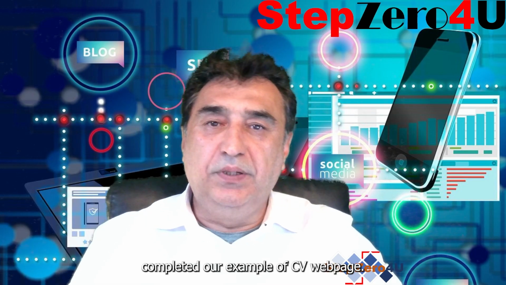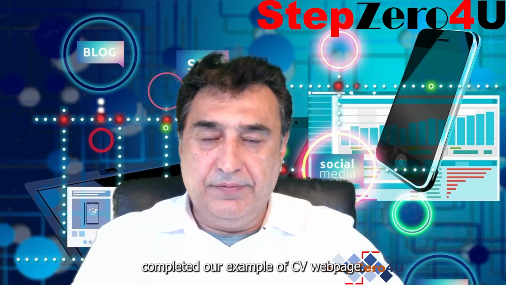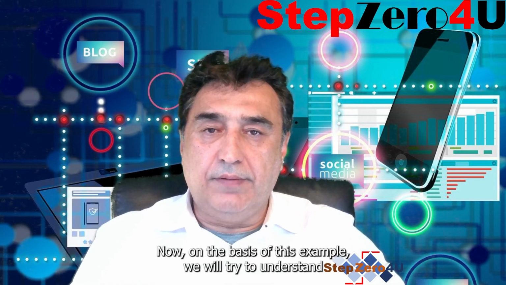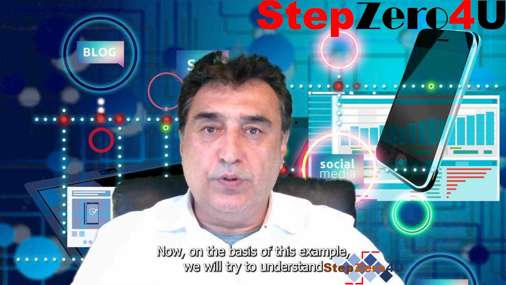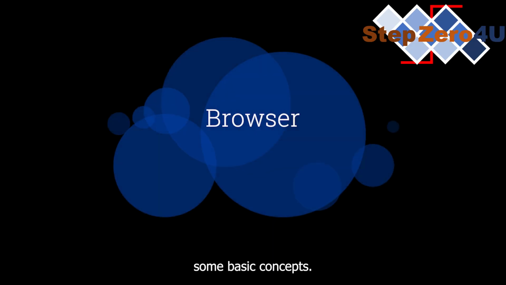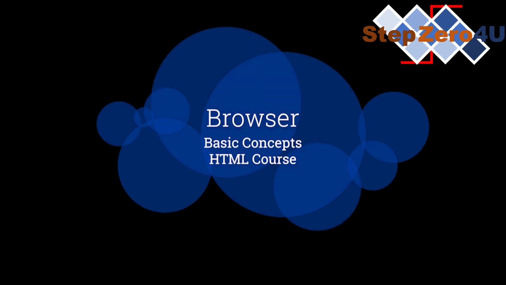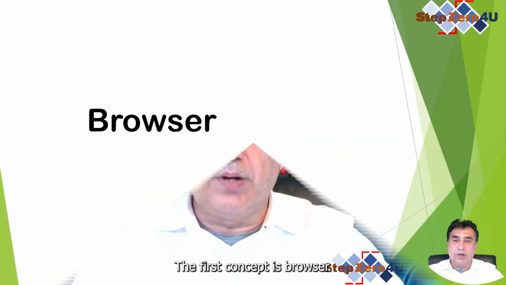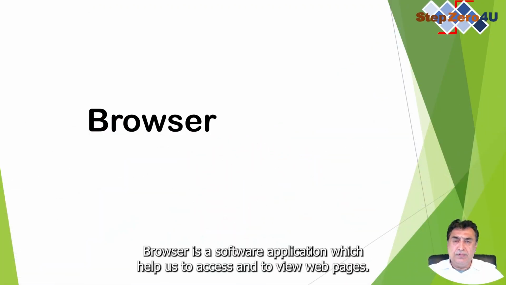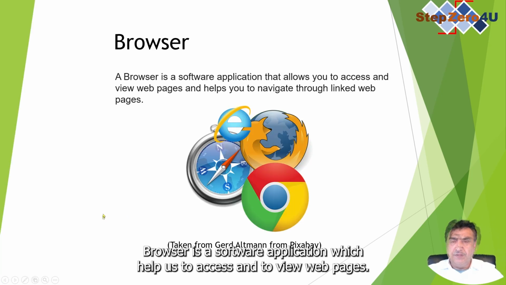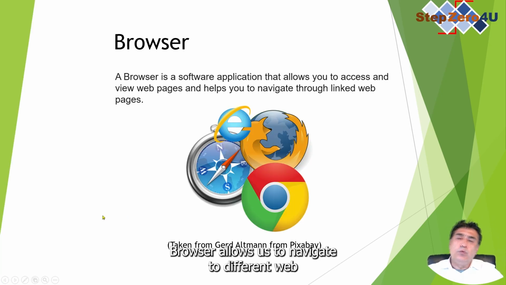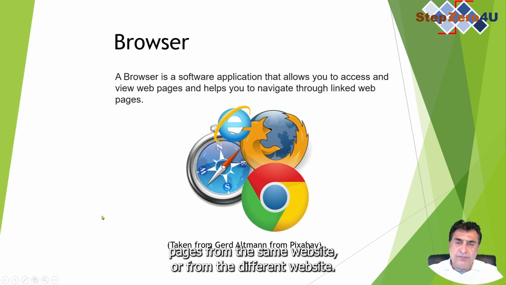So far we have completed our example of CV web page. Now on the basis of this example, we will try to understand some basic concepts. The first concept is browser. Browser is a software application which helps us to access and to view web pages. Browser allows us to navigate through different web pages from the same website or from a different website if they